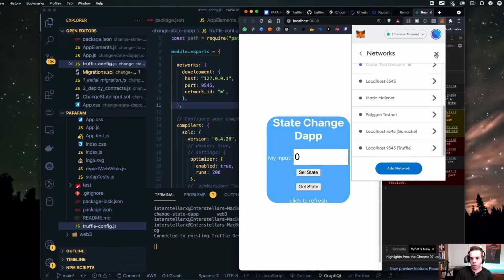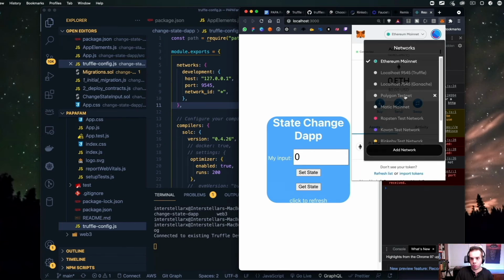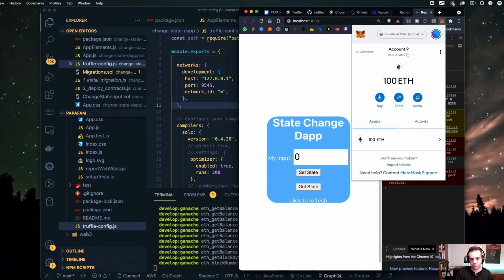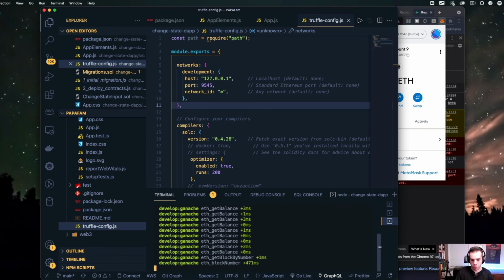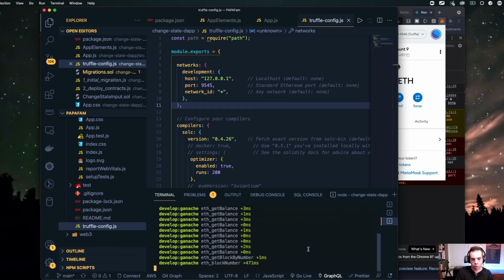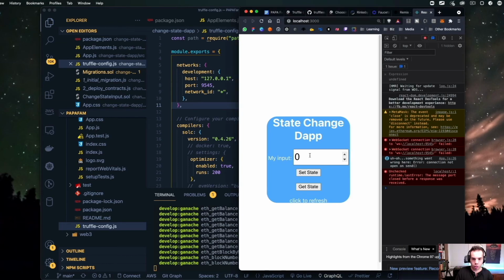And then on the drop down, you go down and click on it. So obviously, it's now going to connect to this. And what's really cool is, because we created this third instance, and remember I had done npx truffle develop --log, now I'm able to track all of this. So this is basically a running blockchain tracker, and it uses the development server from Ganache, and now is actively adding block numbers. It's being able to check things as I interact with certain things, such as get state.